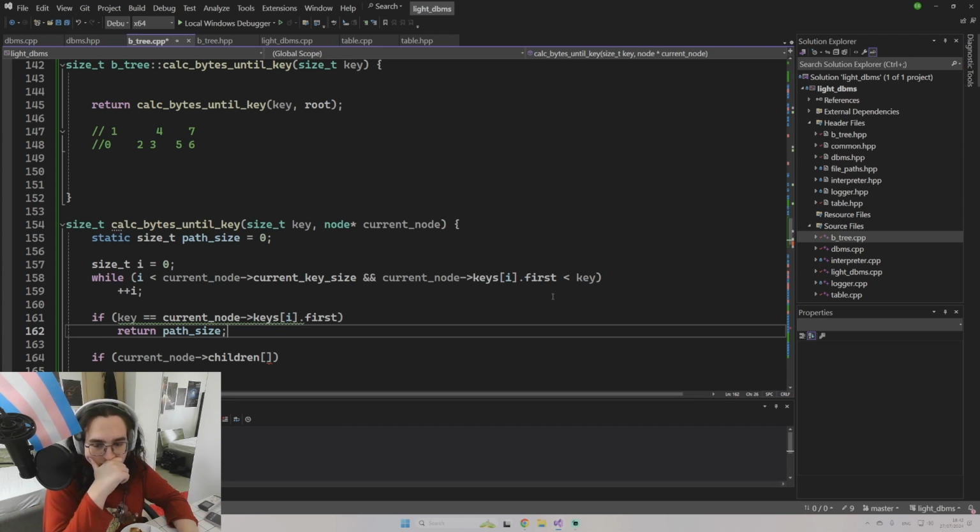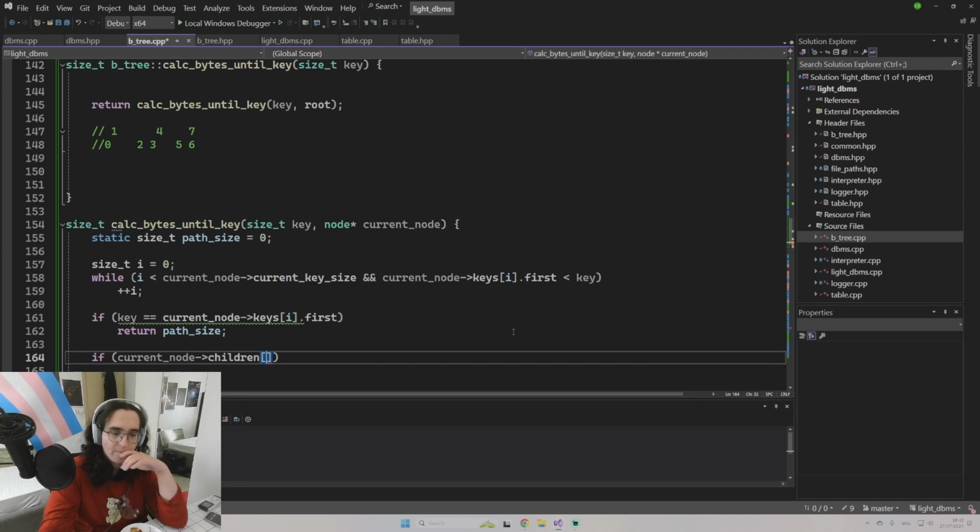Current node keys at I first, smaller. Well, it's smaller than key. And okay, smaller. Now it's either equal, but we check that. So if it's equal, it's returning the path size. If it's not equal, it means the key is smaller now than this, like the keys at I first, it's smaller. That means,